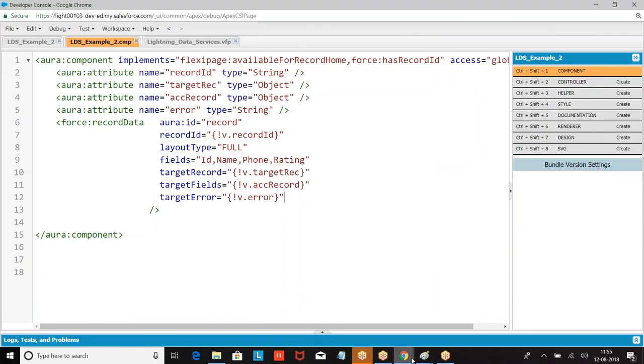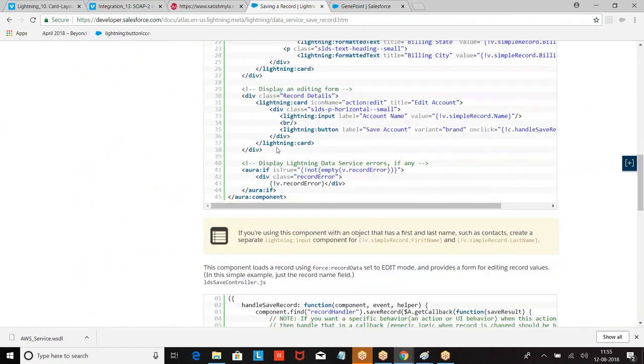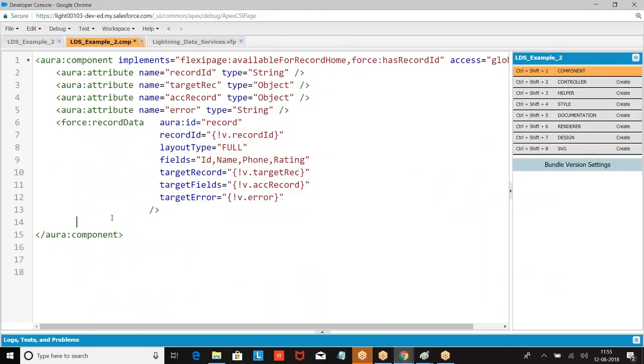Now, aura:if. We have a component here. aura:if, I hope everyone follows this, it is a simple one. Just copy pasting it. Now, what was this condition? aura:if it is true.